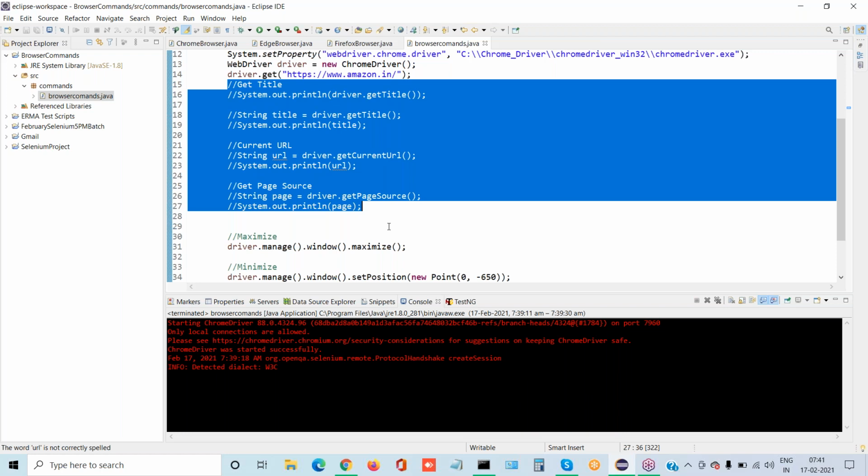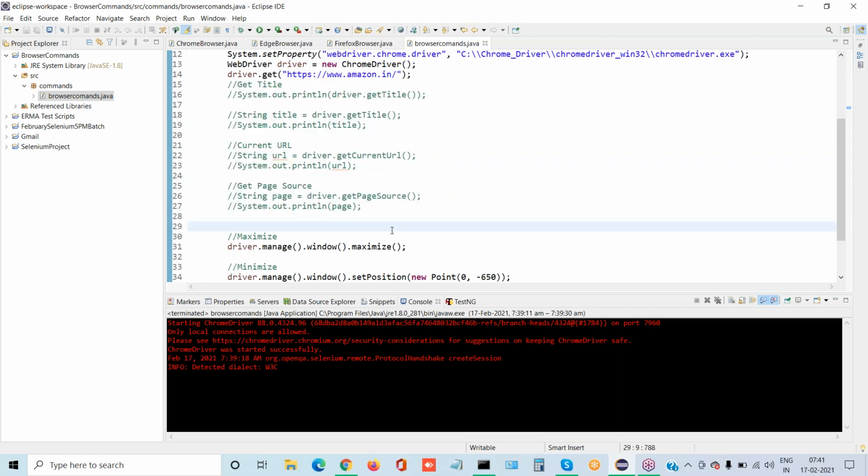In case suddenly in the interview they ask you what commands you are using in Selenium, or tell me what are the browser commands, you can tell that. Don't tell fast. Don't just say get, get page, get command, don't say like that. Take your time and slowly tell in the interview, in a professional way. Generally we use commands like get command. Get is nothing but we are calling the URL, and we use get title to verify the page title. We use page view source to see the tables and structures and data. And also we use maximize and minimize.